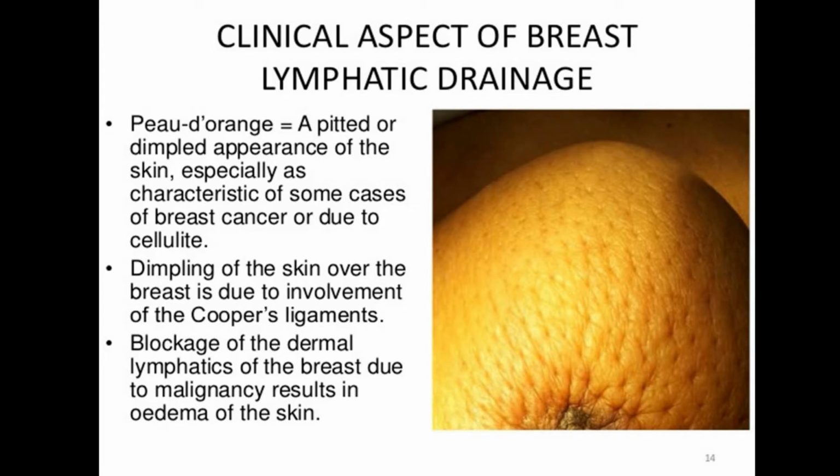The sign of lymphatic drainage obstruction in a breast tumor gives a specific appearance called peau d'orange, or the pitted dimple appearance on the skin, because of the obstruction of the lymphatic drainage and the appearance of fluid in the tissue. The suspensory ligaments are attached to the skin, and because of the obstruction it gives dimpling of the skin, with an orange-skin-like appearance.